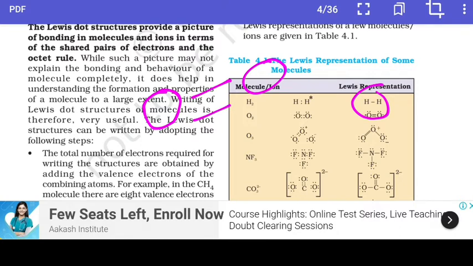There is a double bond, there is a single bond, and a plus charge will appear here because the contribution of electrons is more than 8, and one negative charge here, and the total molecule will be neutral because the same number of positive and negative charges are there. So easily you may draw the structure.